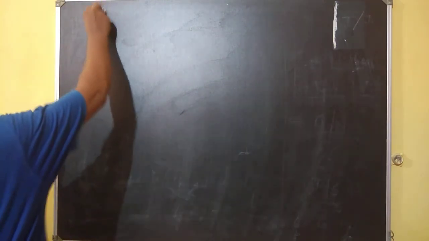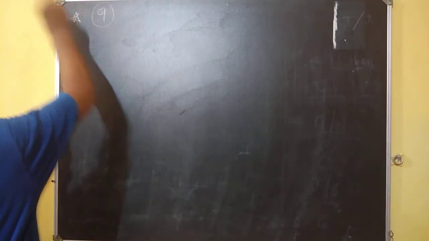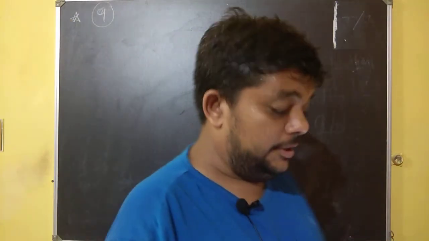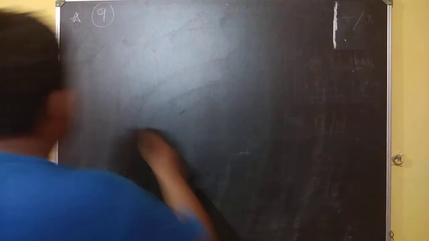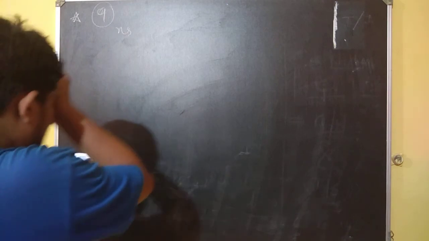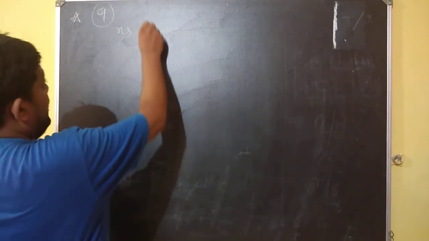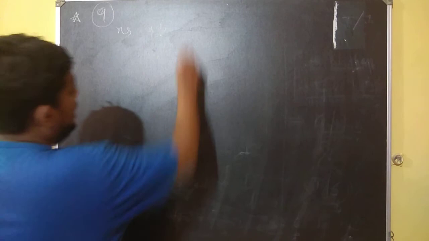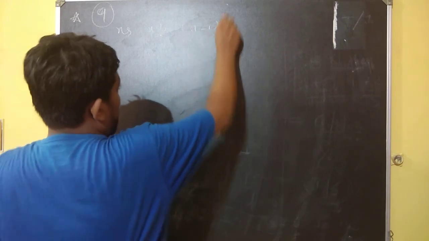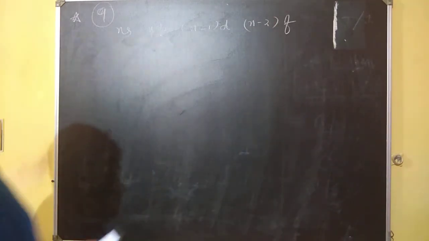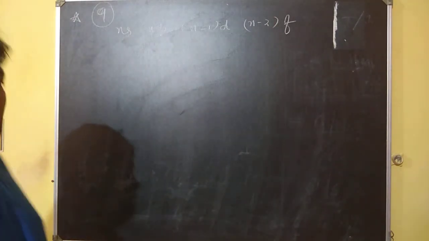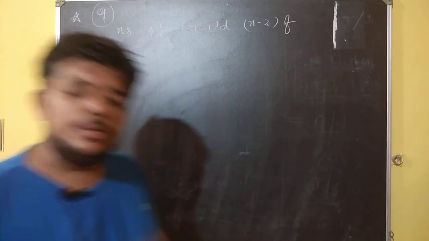The question number 9, which one of the subscribers had a doubt, I am going to take it now. The correct increasing order of energy would be, remember, Ns, Np, (n minus 1)d and (n minus 2)f. This will always be the correct order of energy. Why? I'll teach you in a very simple way.